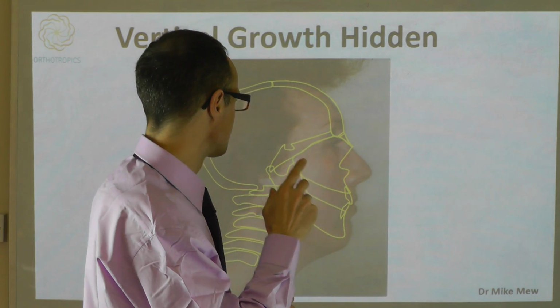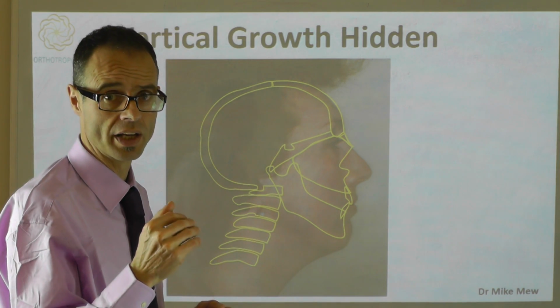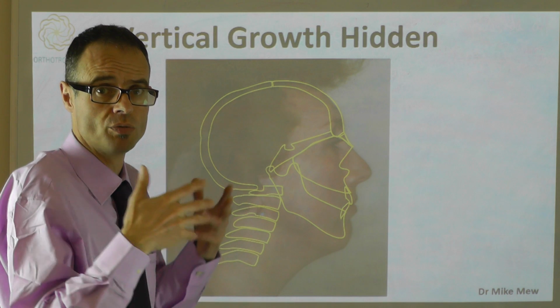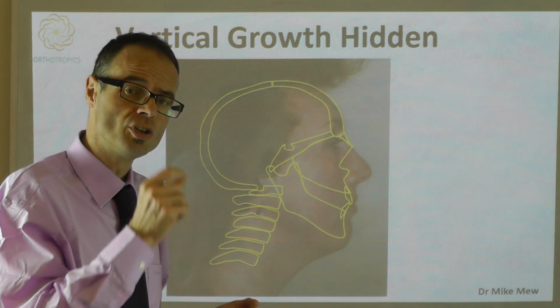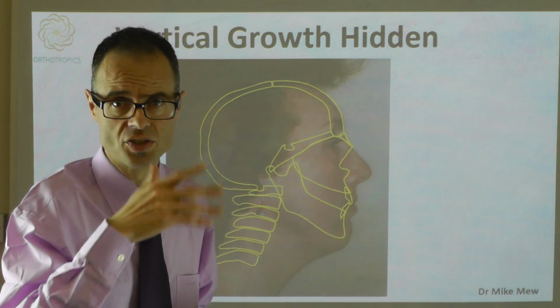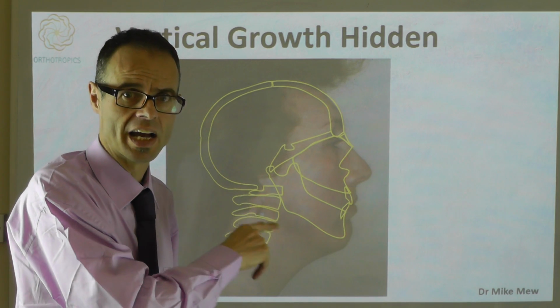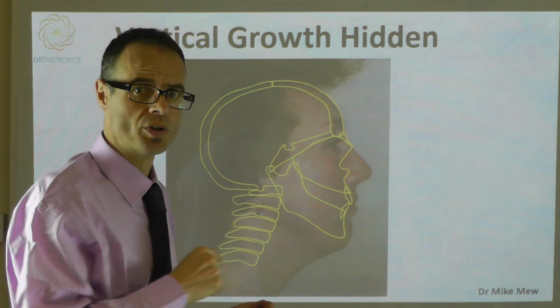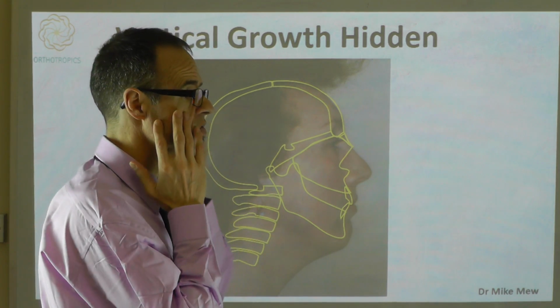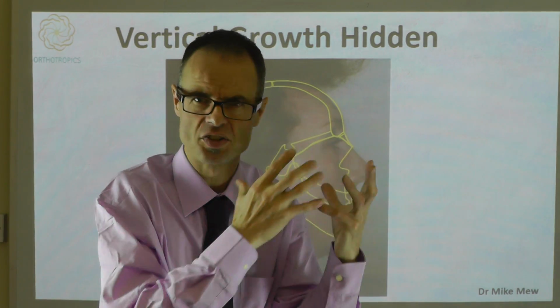I mean, you've got a great example here of someone whose face has grown really quite vertically, but when you look at them, you don't see that. You do, interestingly, see a sloping forehead. Now, people's foreheads differ in their natural positions, but this is a classic case. What's happened is, as the face has grown vertically, as the whole craniofacial structure, that's the front section of the face,